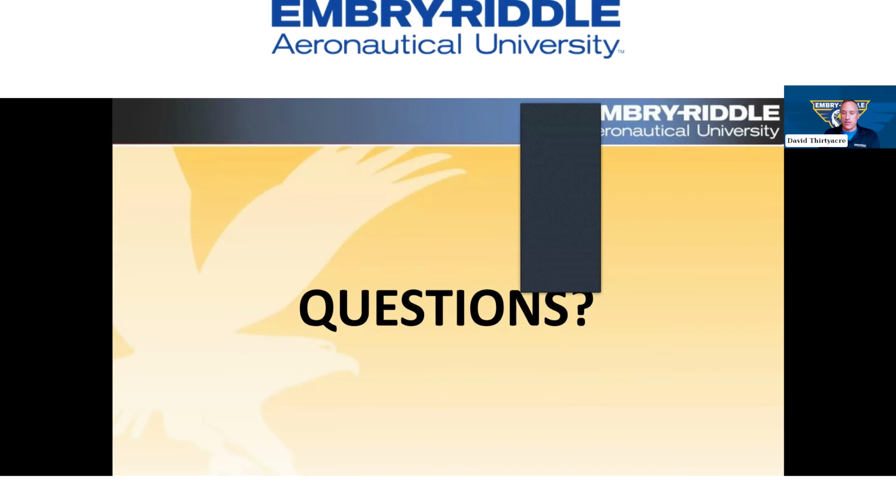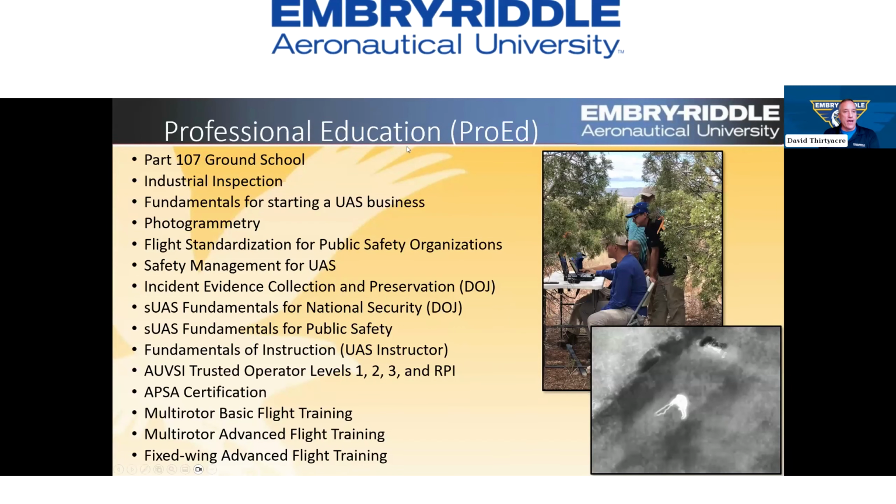So in effect, if I go back a slide here, these are all classes that are currently available through our Office of Professional Education, and most of them are priced at about $399. For example, one of our popular classes, this photogrammetry class using Pix4D, is just fantastic. We have a lot of courses, even some for public safety. We worked with the folks at the Daytona Beach Police Department very early on, back in 2016, and helped them go through their entire program and get set up. So we do an awful lot.